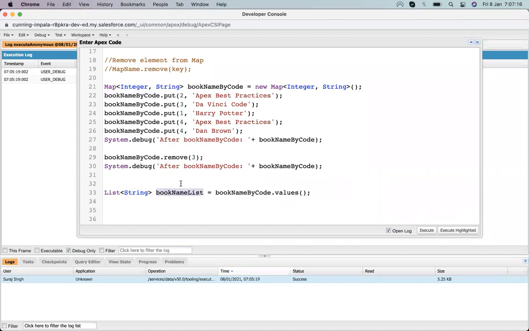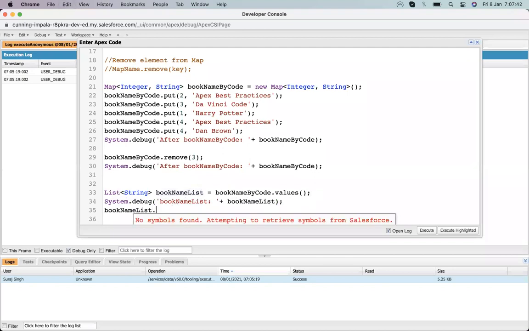Okay. Now, if I remove an element from a list, it works as an indexing.